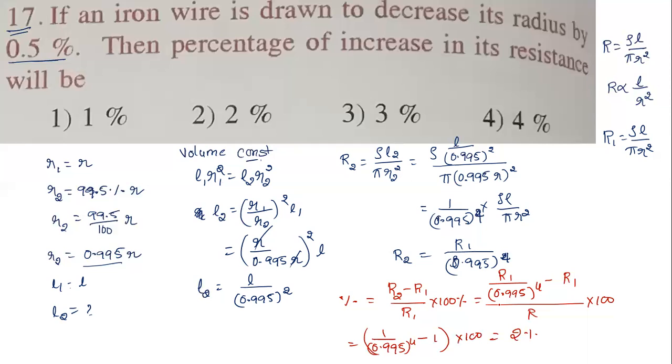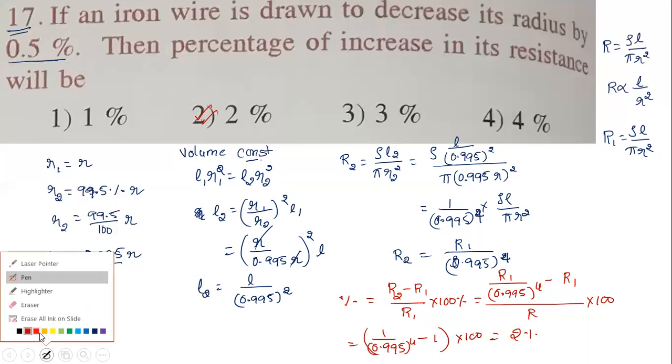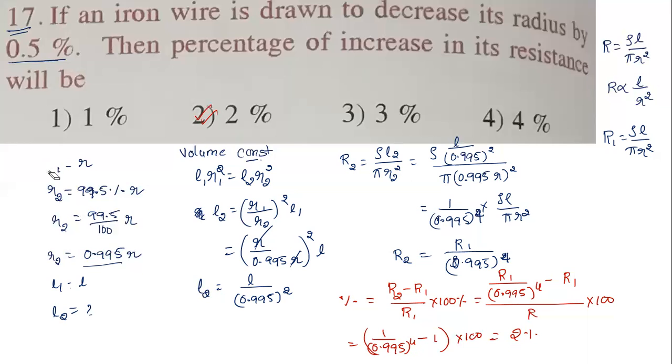Now I'm going to give an alternate method for this. That method will be easy for you; you can easily get it. It will be difficult to solve this with so much power. We got 2%, but it still takes too much time. So I'm going to take another method. To simplify, let me erase a little bit of this portion. I think this much is enough for me. Let us see.